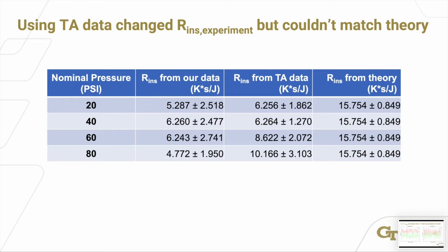This makes sense, as the theory assumes several ideal cases such as constant pressure and no heat losses. This suggests that our theory does not match the behavior of the experimental setup in reality. Another interesting pattern in this data is that, with the exception of the 80 psi case in our data, thermal resistance values seem to increase with pressure. This could be due to improved thermal efficiency at higher pressures, which might be something worth incorporating into a revised